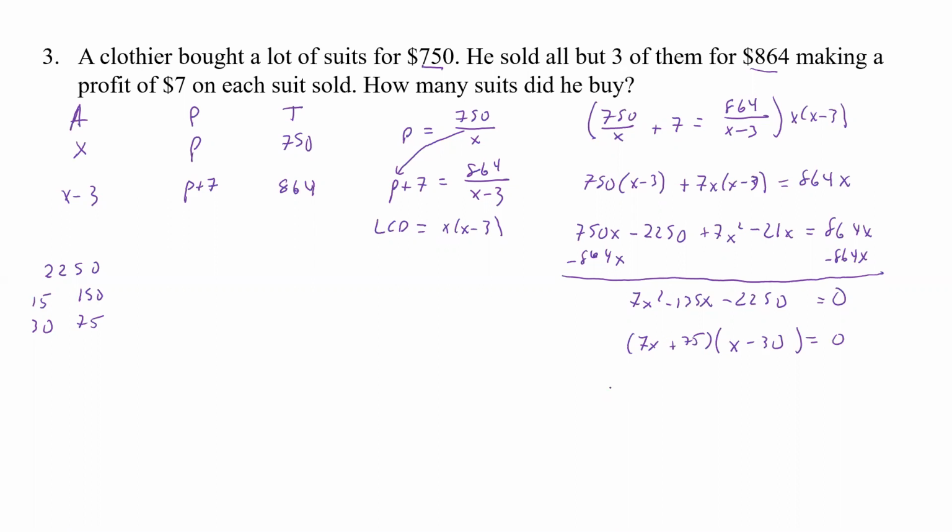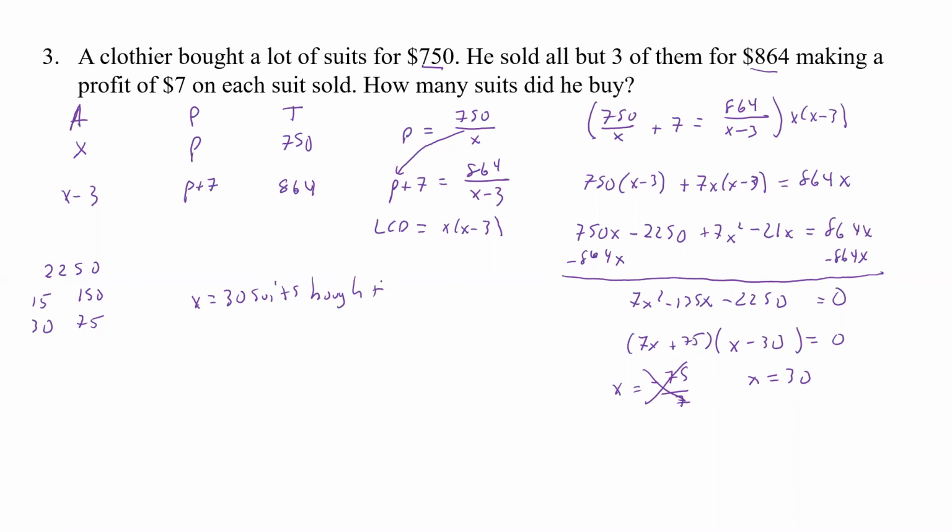Now we set each of these equal to 0, and on the left, when we do that, we get x equals negative 75 over 7. On the right one here, we get x equals 30. Well, again, we're not going to have negative suits we bought. We're going to have positive. So x is equal to 30 suits